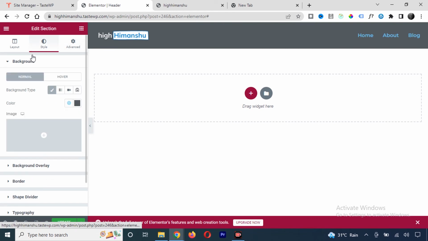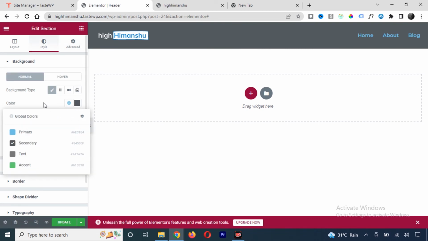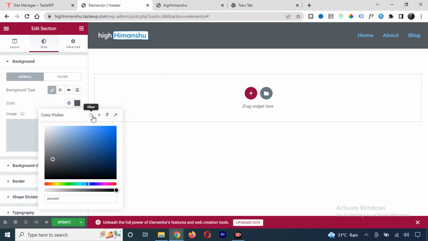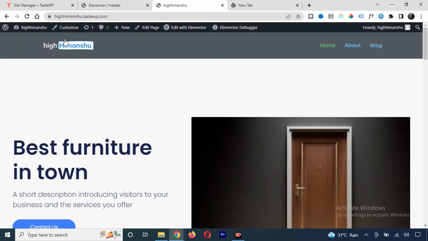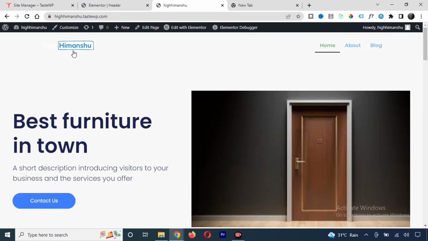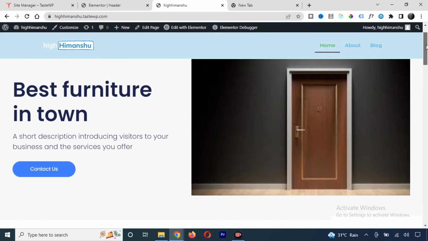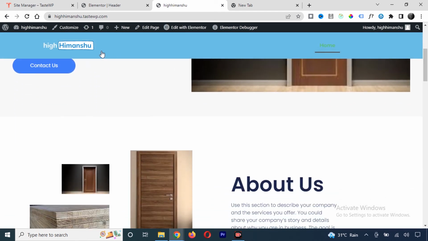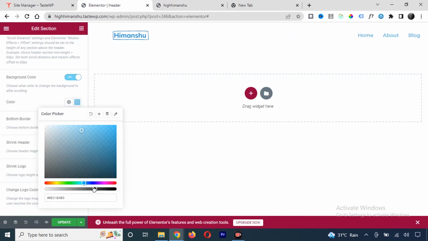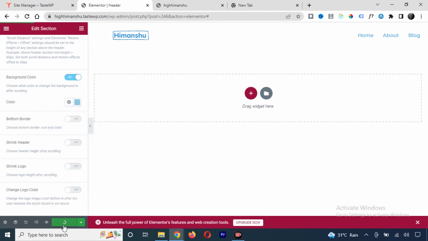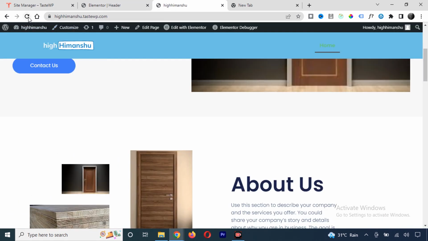So let's go to style here and remove this and update. Now let's go ahead and refresh. Now we don't have any background, but as we scroll down you can see we have this blue color, and it's not going transparent, so let's see that as well. You need to make it a bit transparent here, and now update. And now if I refresh,